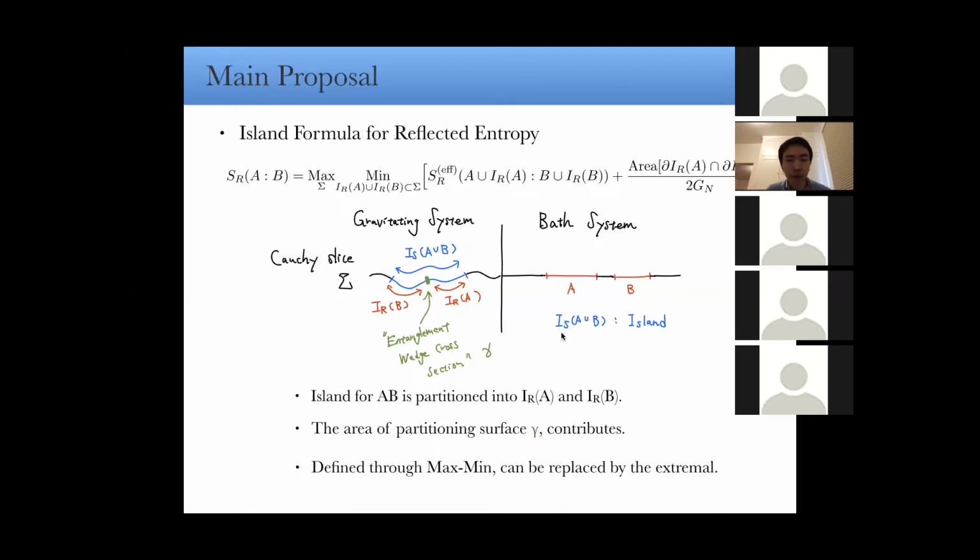Oh no, so IRA and IRB are not the islands for A and B. Oh, okay, that's after finding the cross section. So in the end, the IRA and the island of A are different. In general, the island for A is included in the